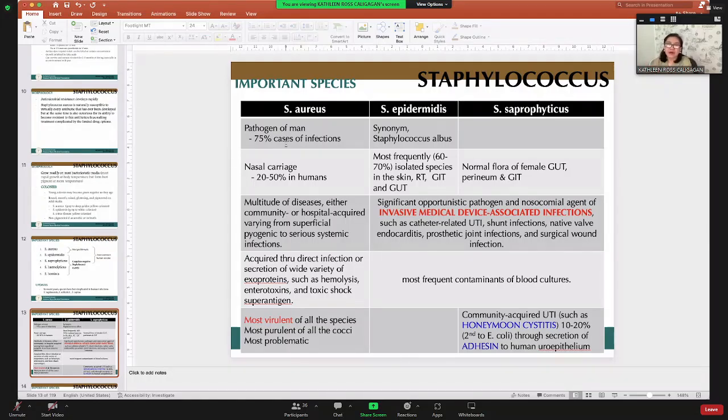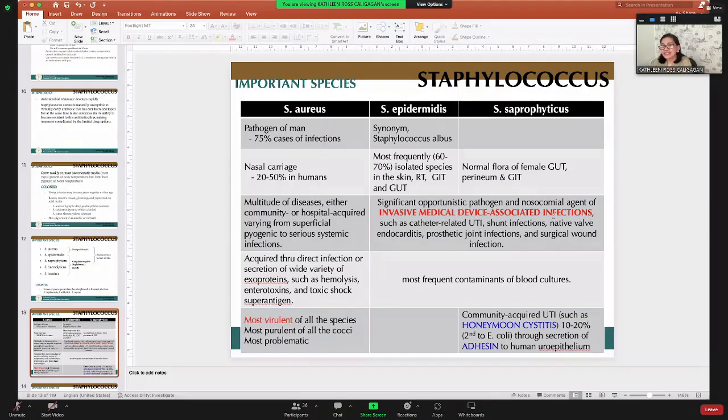also of the respiratory tract. It can also be found in the respiratory tract, gastrointestinal, and genitourinary tract. While saprophyticus is part of the normal flora of the female genitourinary tract, perineum, and GIT. So that's why saprophyticus is the second most common cause of honeymoon cystitis, secondary to E. coli. But these two species here are considered significant opportunistic pathogens,